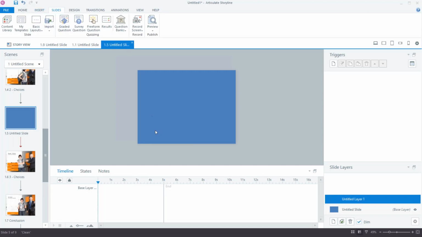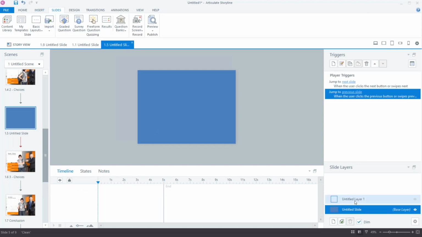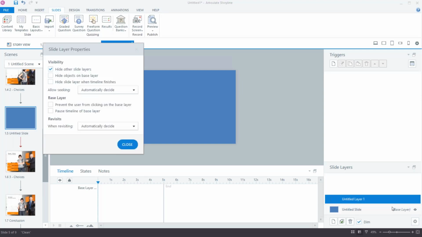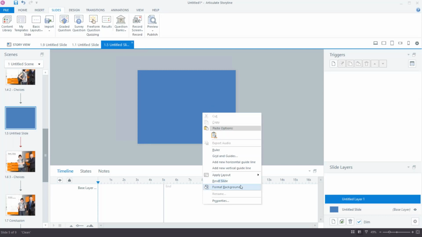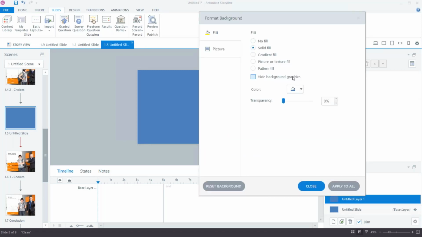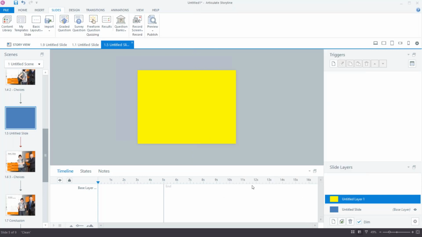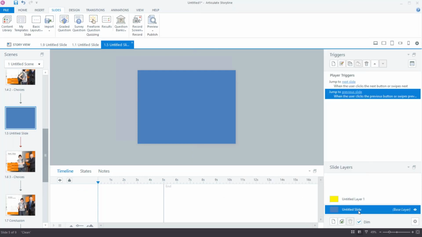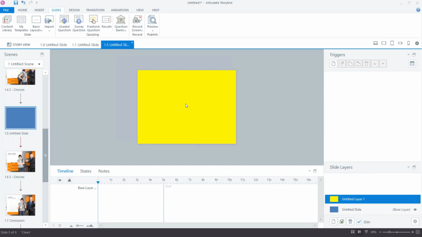If I go in on the layer now and I format the background and make it kind of an ugly yellow, then you can see that when I'm on the slide, it's blue, and when I'm on the layer, it's yellow.